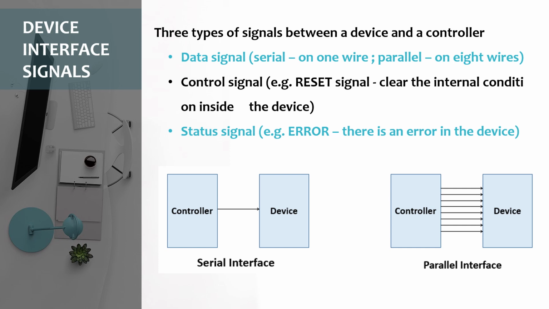Then we will talk about the status signal. So the status signals are sent by the input output device. By whom? The status signals are sent by the input output device, and they report certain internal conditions. Of course, they have to report what is the actual condition inside the system. So that internal condition we call the status, and that status needs to be informed to the device controller.